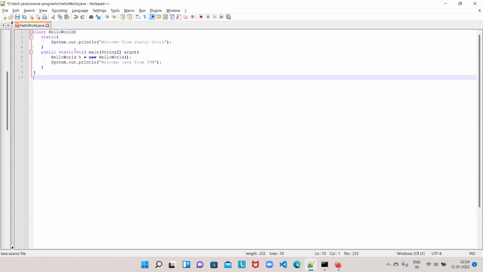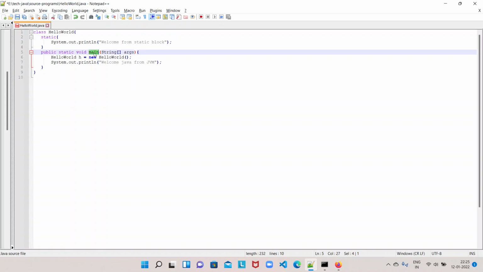But in Java, the JVM is running your class. Whenever the JVM is running your class and finds a main method, it creates a thread for it. That thread is called the main thread. So all your transactions, all your processes will be running under the main thread. So we don't have to return anything for that thread. That's why we mention only the void keyword.